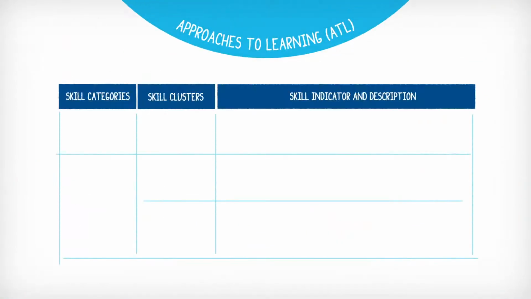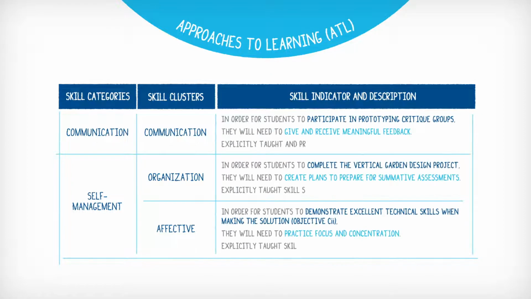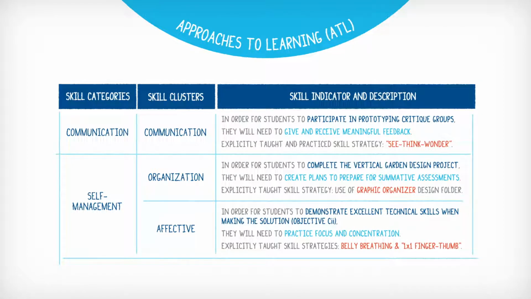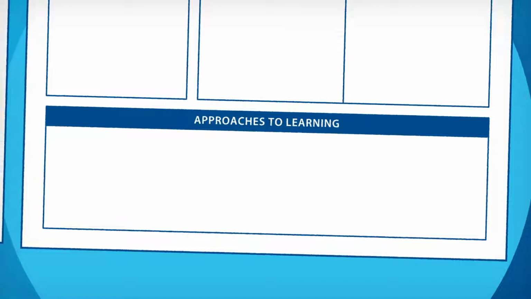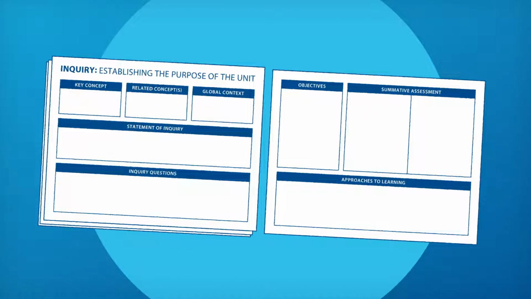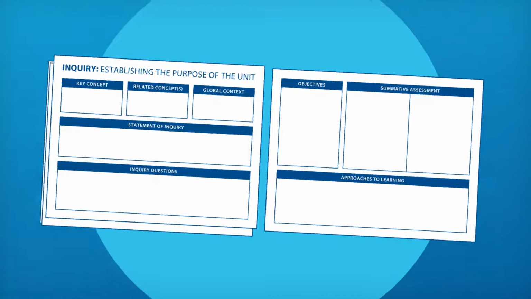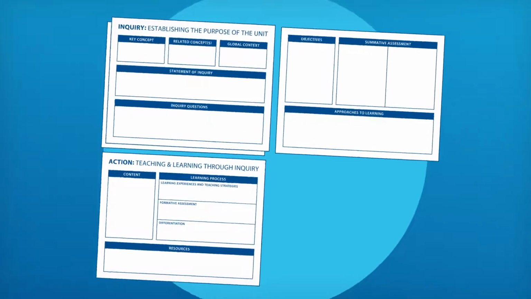In the unit plan, information about the unit's approaches to learning skills should clearly indicate the skill categories, skill clusters, and how the specific skill indicators are used, taught, and/or practiced. The ATL section concludes the inquiry part of the unit planner, in which elements of the purpose of the unit are described. As we move on to the action section of the unit plan, it may be helpful to remember